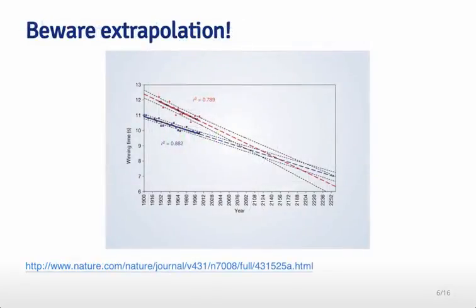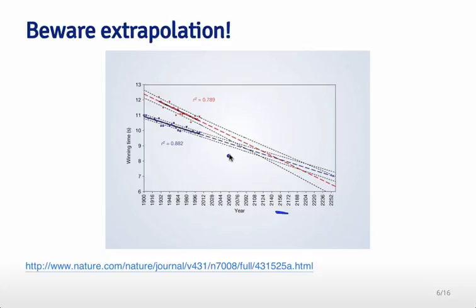You should also be aware of extrapolation. So this is a kind of funny example that shows what happens if you extrapolate time series out without being careful about what could happen. So this shows on a log scale the winning time of a large number of races that occurred at the Olympics. The blue times are men and the red times are women. And the authors of this paper extrapolated out into the future and said that in 2156, that would be when women would run faster than men in this sprint.